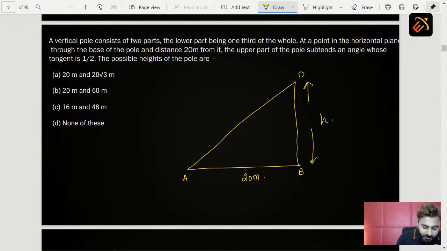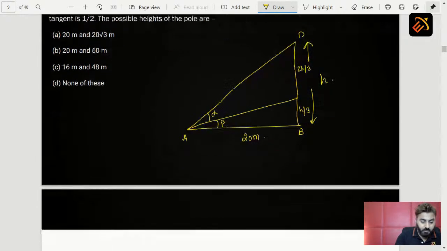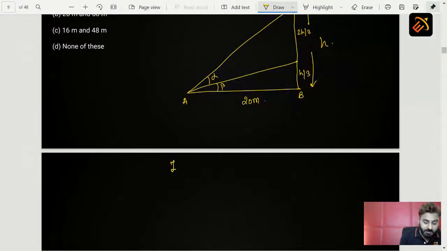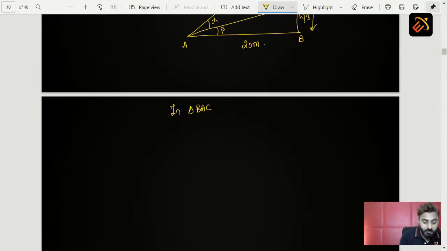Now it is divided in 1/3 and 2/3 part. So this is h by 3. This is 2h by 3. This is beta and this will be alpha. So from this, what can we say? Now students, from this we can say that in triangle BAC,